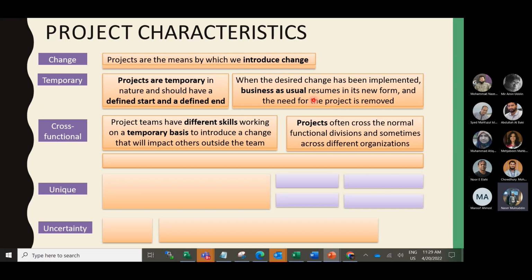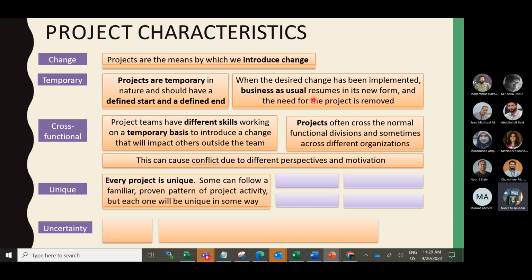Like we are working with a customer organization on a project, so when we call it a joint project, that means the organization should be cross-functional. And then another important aspect is that every project is unique. Some can follow a familiar proven pattern of project activity, but each one will be unique in some way, like different teams, different time, different customers, different location.